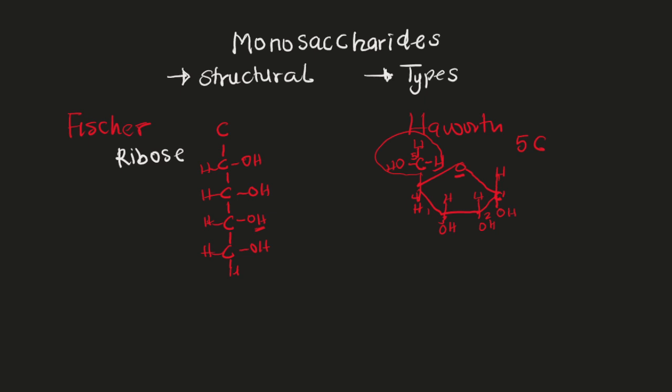Carbon number 4, which is the terminal carbon. So from there, we're going to have our functional group here, which is O, and also our aldehyde. So this is the Fischer projection formula, and this is the Haworth projection formula for ribose. Right? Now let's move to